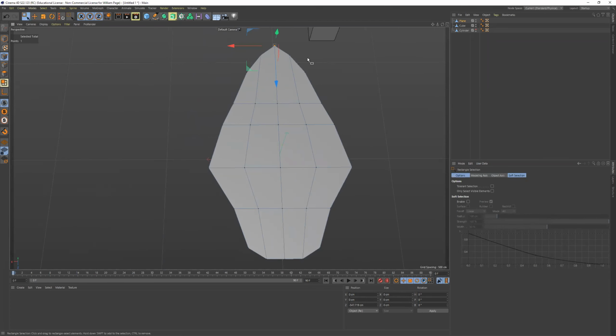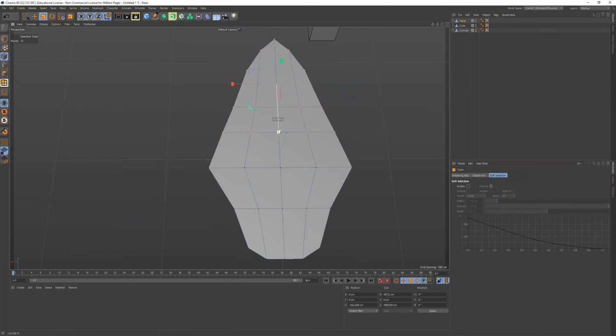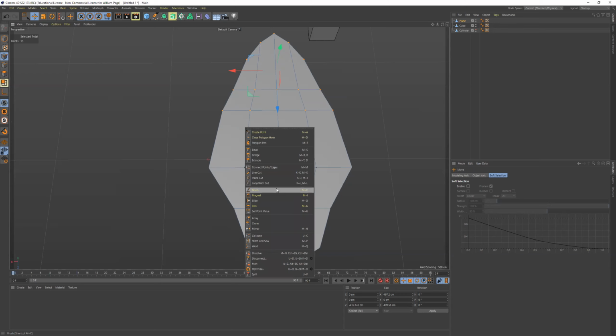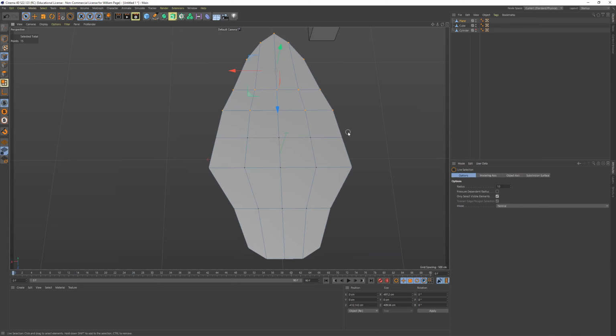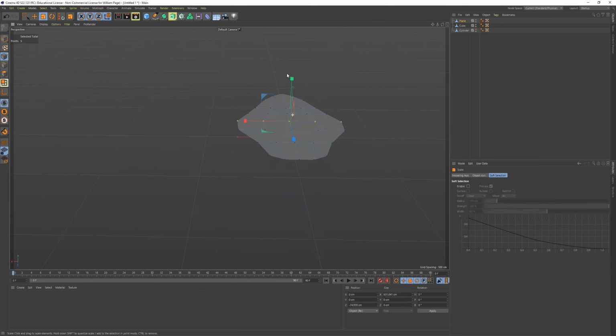And then I'll just take all these points. So I can select all this right here, hit T for scale, and kind of figure out how I want the leaf to go. If I need a new edge loop right there, I just right click, loop path cut, put another one right there, press 9 to complete it. See. Yeah, so this will be my